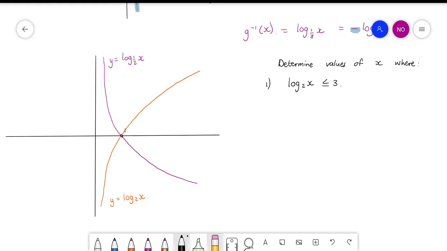We haven't done any examples of this so far. Okay, so basically they're saying, if I draw, only looking at the orange one now, if I draw a line here